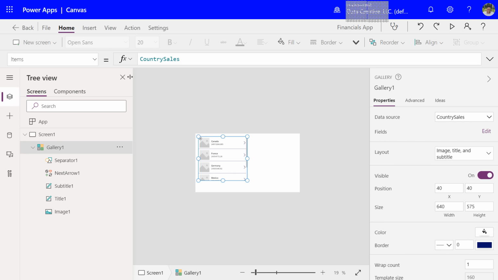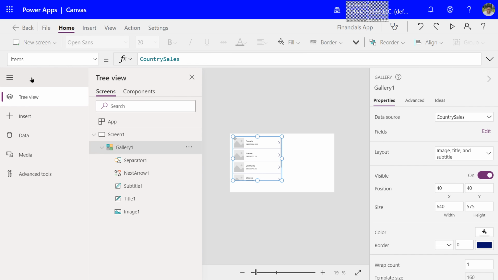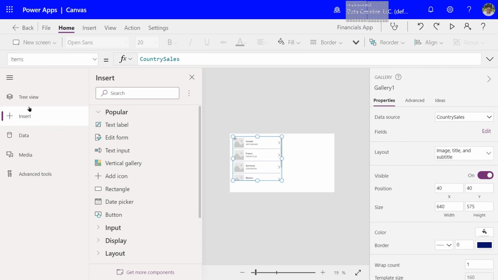Now you have other views that are available, so I'm going to go ahead and expand the navigation pane. I have insert view, which you can click on insert. And so these are things that I can insert into my app. So maybe a date picker or a button. You have different categories here. And some of these things can be done from the insert tab up on the ribbon part of the screen as well. If you click on data,